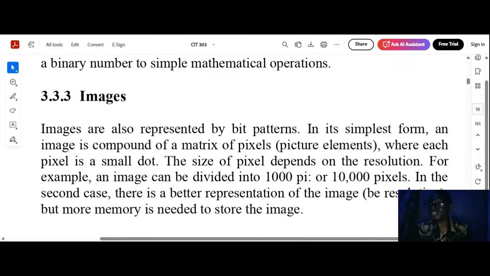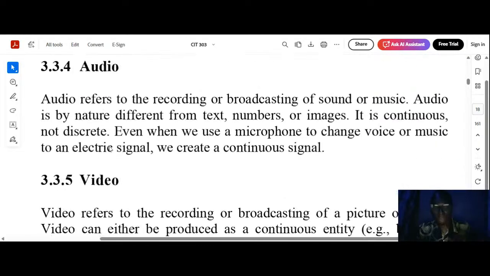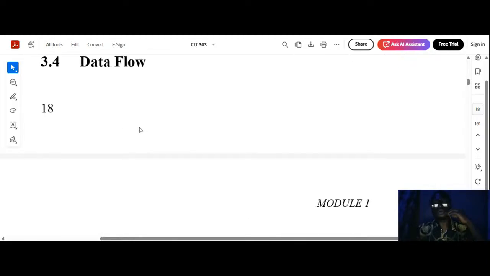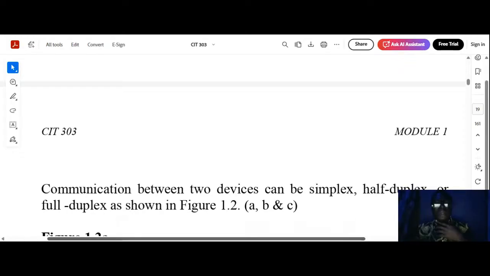Then we have images. On a daily basis, you send pictures to your friend, you take shots, you say, oh, how do I look? So you can send images to yourself. It's also a form of data. We are just talking of types of data you can communicate between systems, between communicating devices. We have images, we have audio, like I've mentioned earlier, we have video. So we'll move to something we call data flow. But before we talk about data flow,